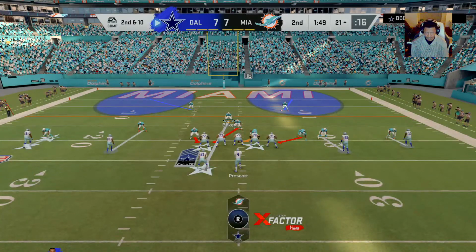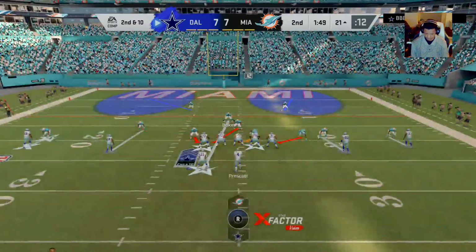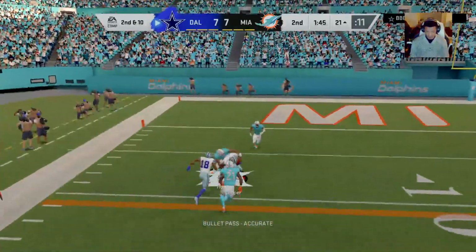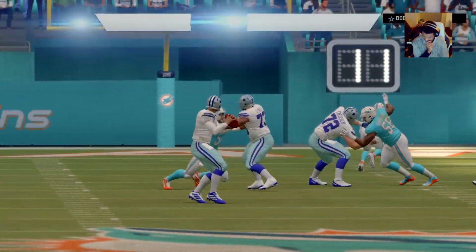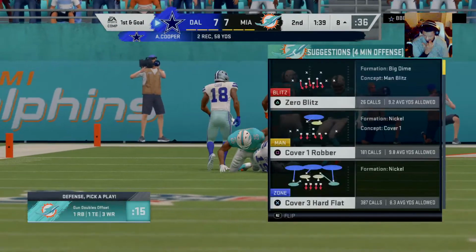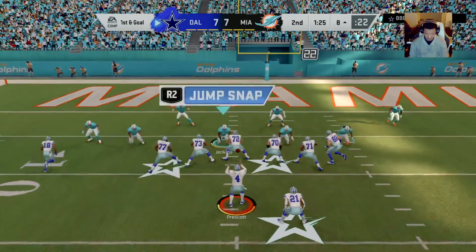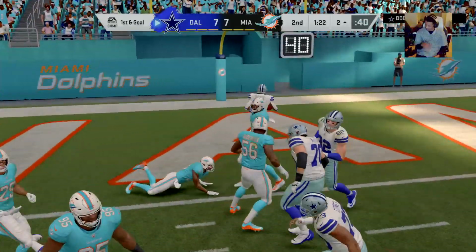We got double up, double up. Then we're going to 53. 26. Now it's a bootleg with Prescott. And this is caught. It's Cooper. And they've got it inside the 10 at the 8. A good-looking drive for the Cowboys so far. It's a first down. And another thing that makes a comeback route really effective is that oftentimes after you've made the initial move, receivers breaking away from the...